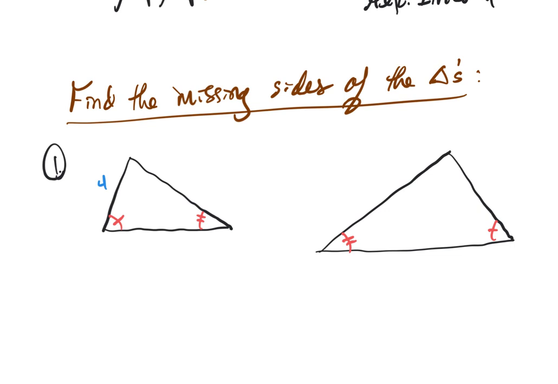This one is 6. And then this, oh no, I put the 6 in the wrong spot. This one was 6. And then this one was my 8. Did I do that one right? Yeah. And then my other triangle,